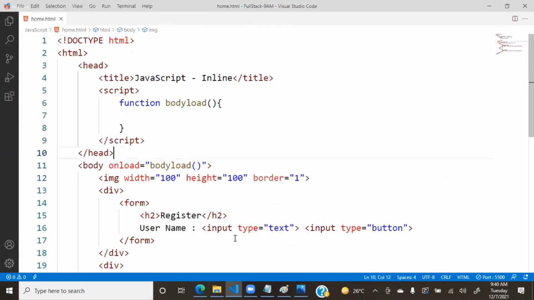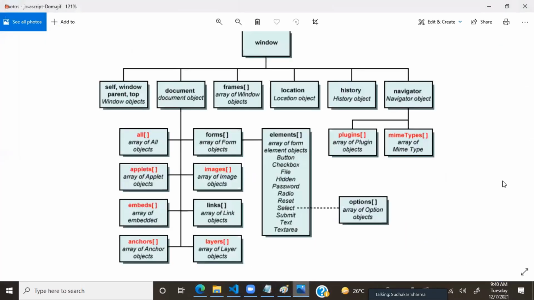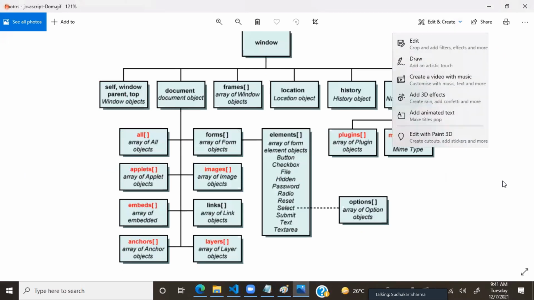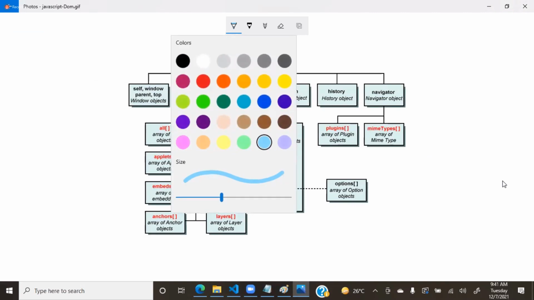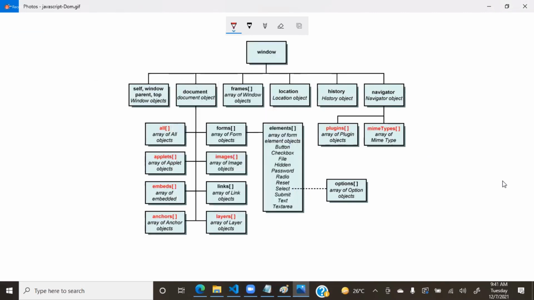Now as per the DOM hierarchy, see where the image is present. You can observe that the image is present in the parent window. In the window, you will have a document. In the document, we have images. And images is showing a square brace. So it is showing a square brace, which means